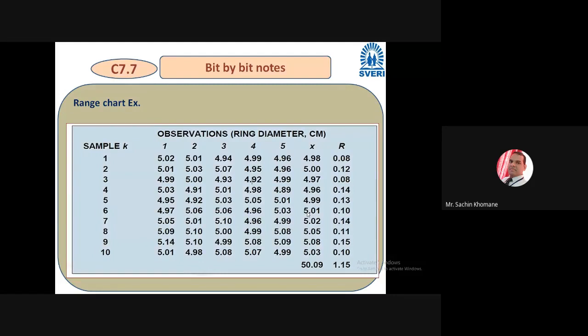Here also a slip ring diameter example we have taken. Can somebody tell me now, arithmetic mean everybody knows. Now can somebody tell me how to calculate range? Because for variability this range is a very suitable thing. Have you learned statistical things? How to calculate the range in statistics? Because for variability this range plays a very important role. That's why we need to calculate the range.